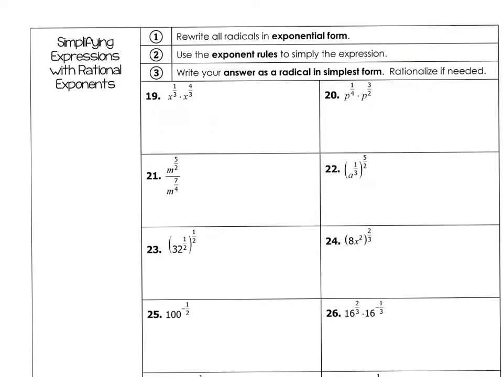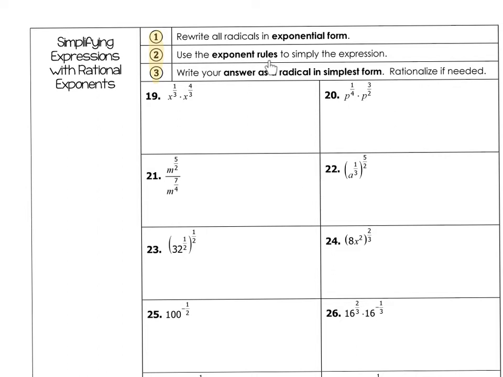All right, so on the back side here, it's a little bit more complicated. So these are the steps that we're going to follow here. So if you highlight those, we are going to start by rewriting any radical. We're going to put it into exponential form. Then we're going to use exponent rules, which is why we went over exponent rules at the very beginning, because